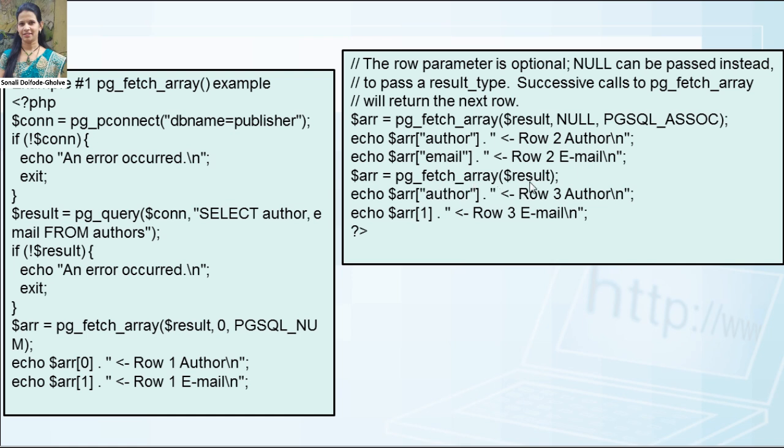So the result, pg_fetch_array. We are using the function pg_fetch_array here. $array equals to the author, $array of 1 equals to email. Okay, in this way you can use the function pg_fetch_array, and try to execute this type of program on an online compiler or the available compiler. So you will get the clear idea about